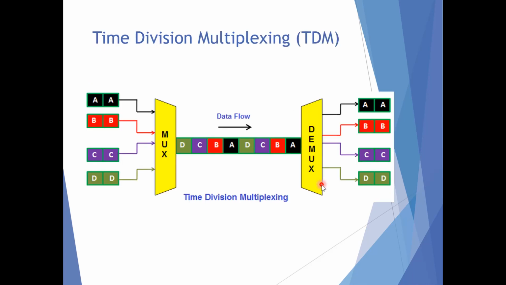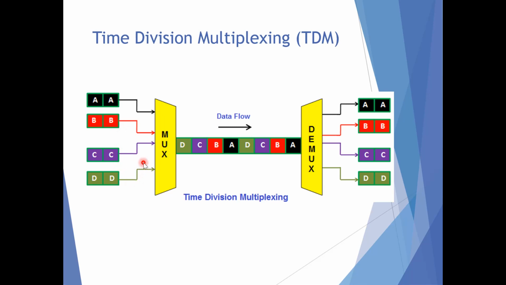The next type of multiplexing is TDM, time division multiplexing. The process called multiplexing is used in order to utilize a common transmission channel or medium to transmit more than one signal simultaneously. So as we have seen, there are two main methods, that is FDM and TDM. In TDM, all the signals to be transmitted are not transmitted simultaneously, as it is time division multiplexing. Instead, they are transmitted one by one. Each signal will be transmitted for a very short time.